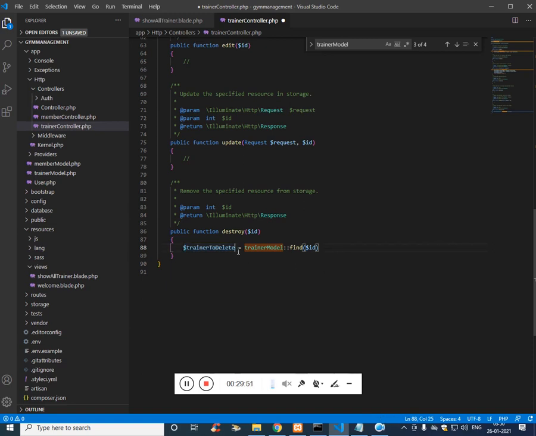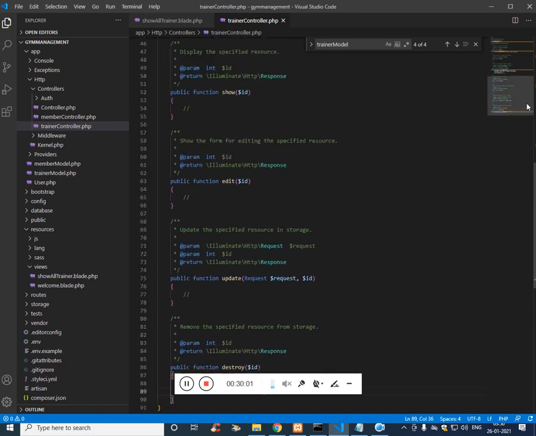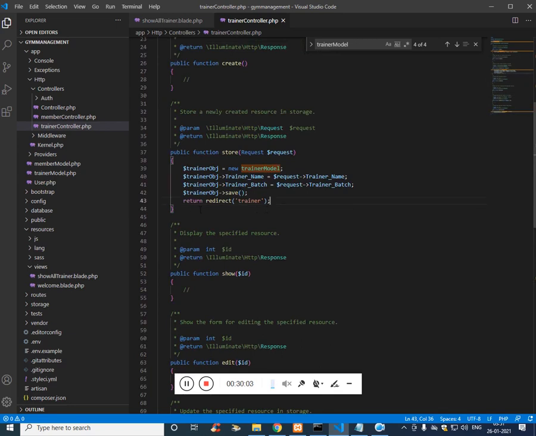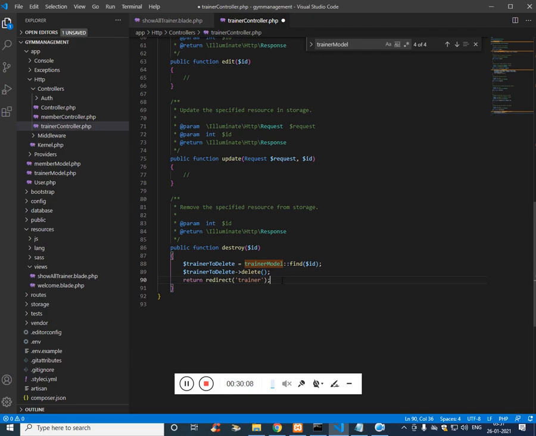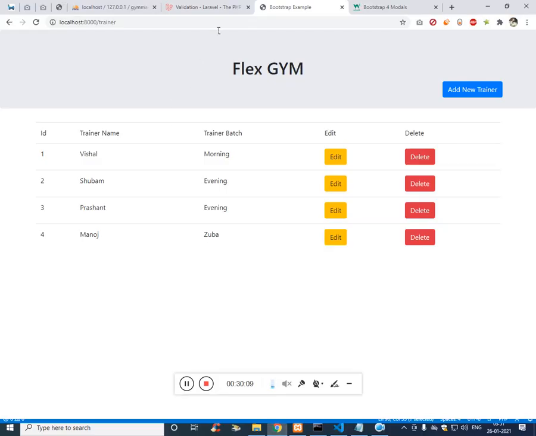Now we just have to use this, don't forget the semicolon, and just use the class delete, and then we have to redirect to the same page, which is trainer, and the router will take the trainer to show the page which we created just now. Now let's delete the pressure, because trainer is evening is 2 times. ID is getting passed, but a destroy.